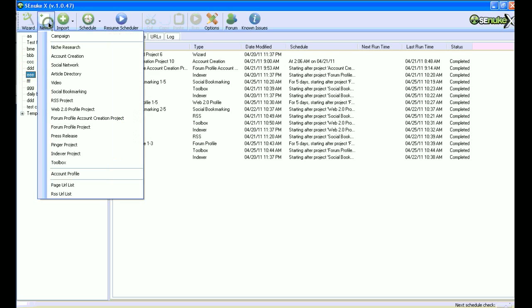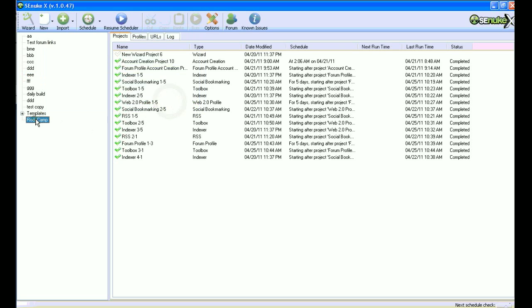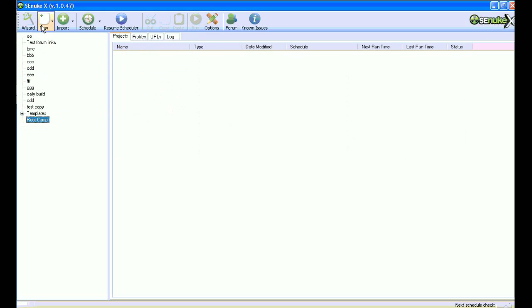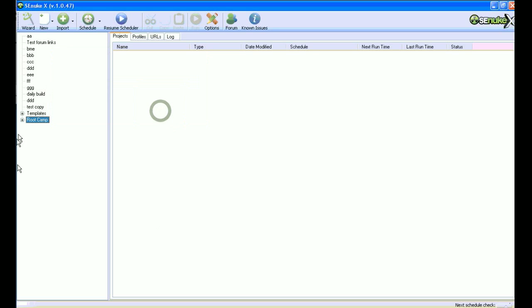The trick is to actually set these campaigns up manually first. So let's set up a new root campaign, we'll just call it root camp, and save that campaign. You can see right there, there's nothing in it. Now we want to actually create the sub-campaign name that we're going to use. So let's just say sub-camp is our sub-campaign. We want to turn this checkbox off and save it. And you see we get a little plus sign there, and there we have our sub-campaign name right there, and